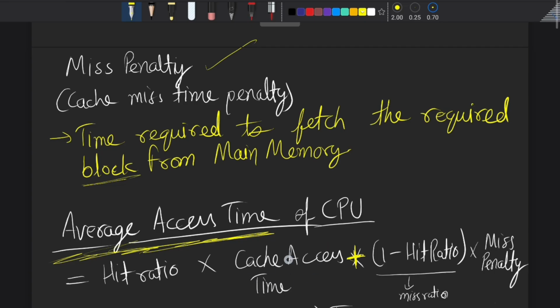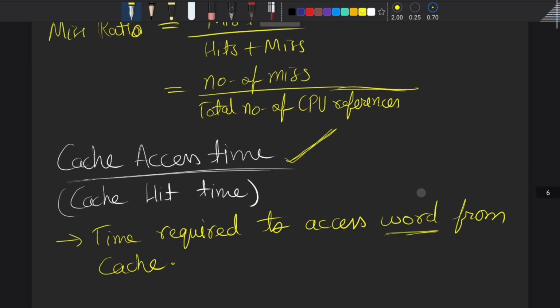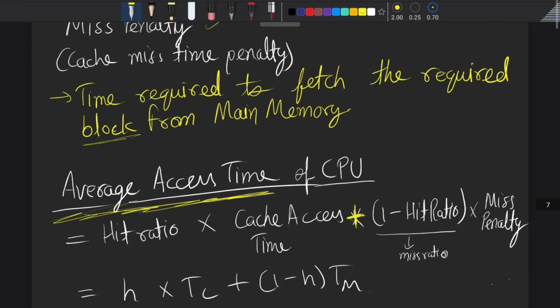This cache access time is the time required by the CPU to access the word from cache, and this 1 minus hit ratio will simply be the miss ratio, because you should have figured out that hit ratio plus miss ratio will always be equal to 1, and this miss penalty is simply